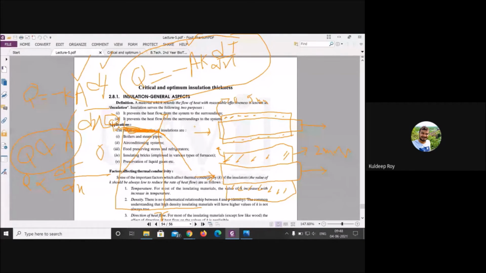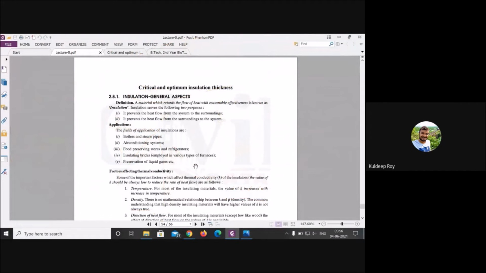Okay, I think you have got the physical significance of critical thickness, and why we are looking for critical. For cable, you need higher heat transfer. For any kind of equipment like boiler, heat exchanger, you want to know at what point it is critical. After that, when you increase the coating thickness, the heat transfer will reduce. This was the whole concept of critical thickness. Okay, we will move ahead.